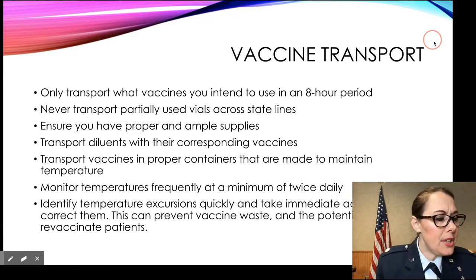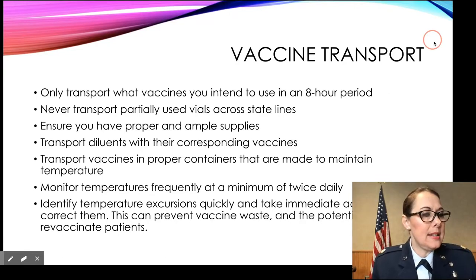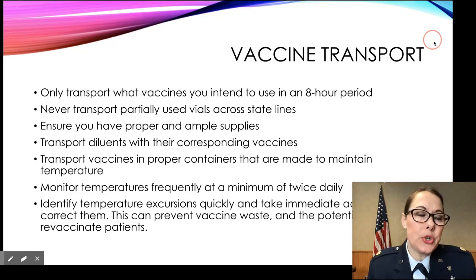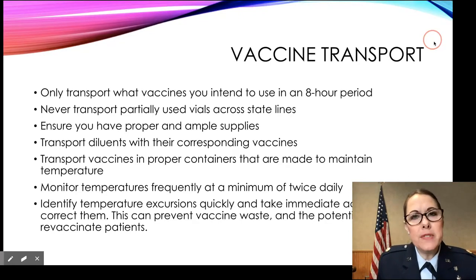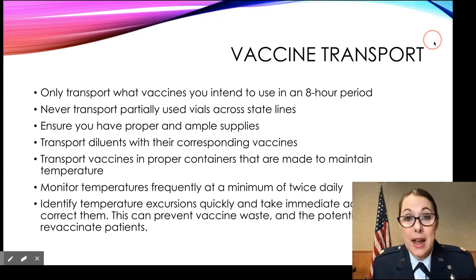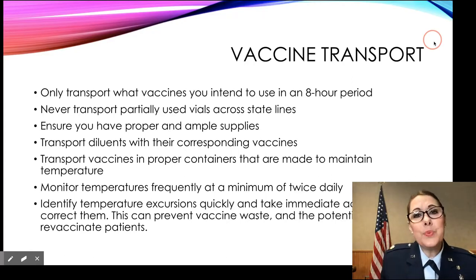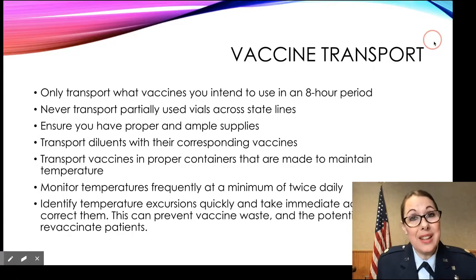If you have to go to an off-site facility and you're transporting these in your personal vehicle, make sure that you cool your vehicle down or heat your vehicle up prior to putting the vaccines in. If it's a really hot day and you put your vaccines in there, it could ruin the potency of them. They could get too warm. Same if it's cold and you keep your vaccines in the car. If it's too cold and they freeze and they're not meant to be frozen, you're going to ruin the potency